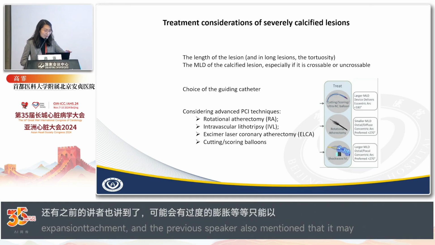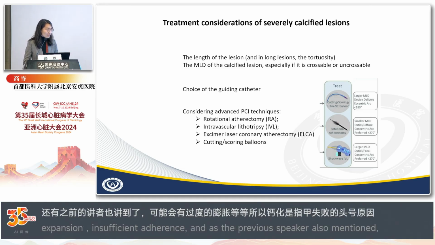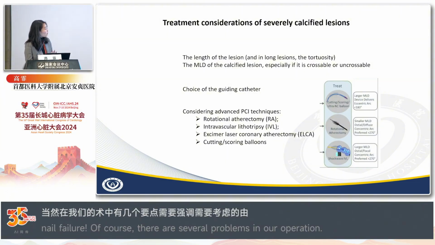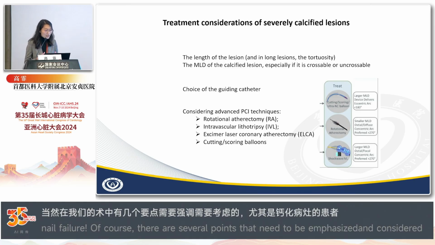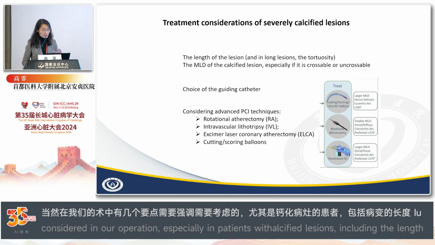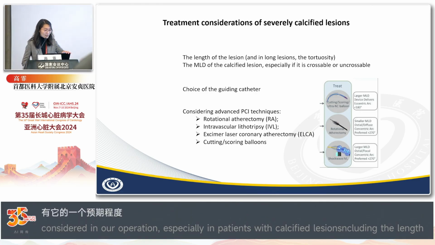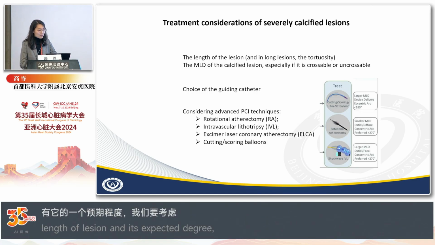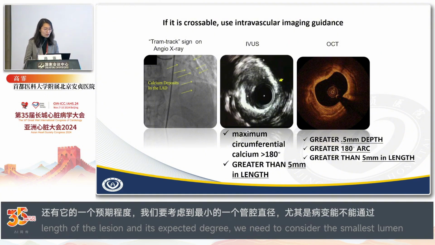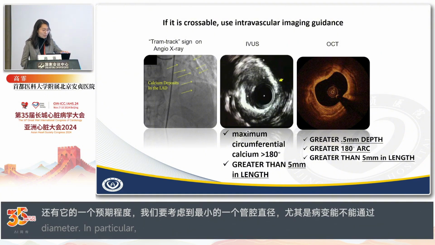During the procedure, there are several points to consider for severe calcification. The important things are the length of the lesion and the tortuosity of the lesion, and we should pay attention to the minimum lumen diameter of the lesion, especially whether the lesion is crossable or uncrossable. If the lesion is crossable, maybe we should use intravascular imaging to guide the procedure. If it's not,